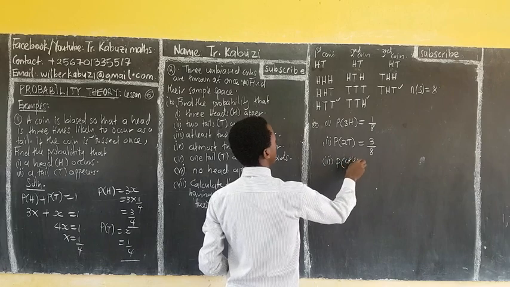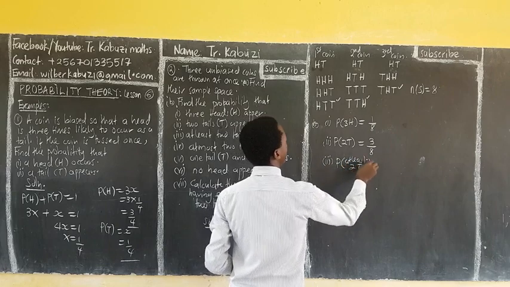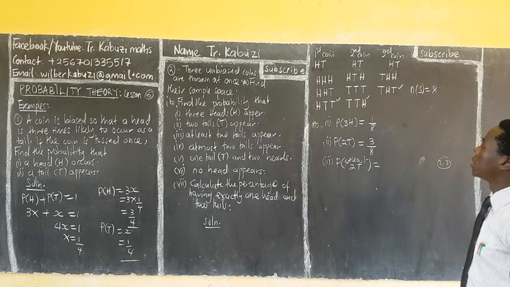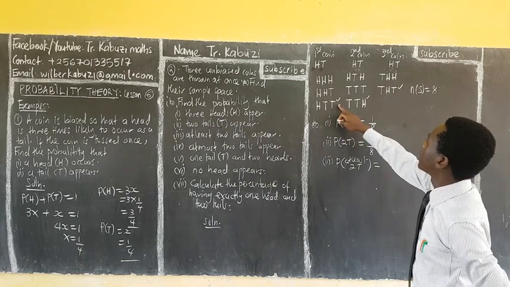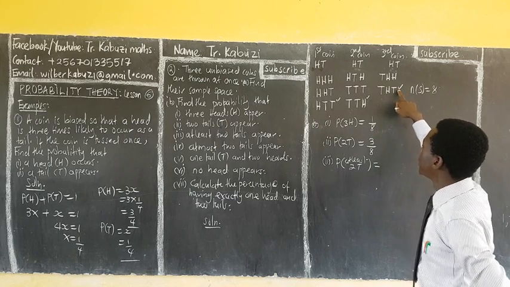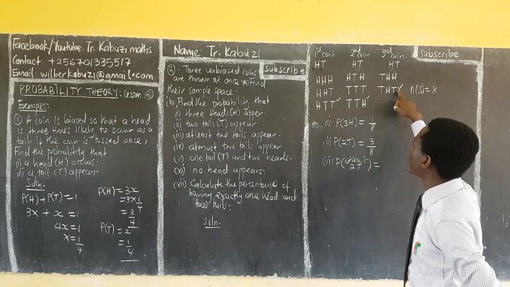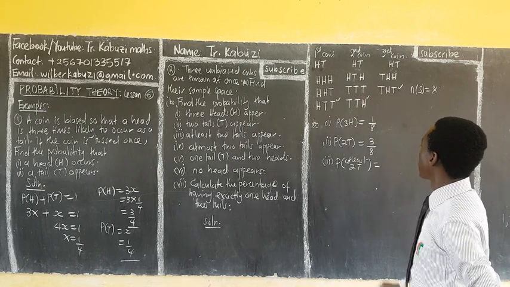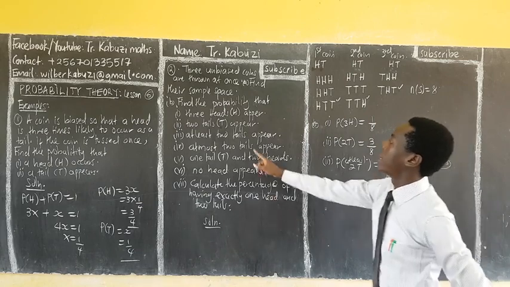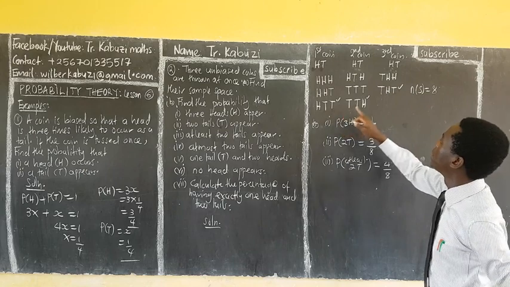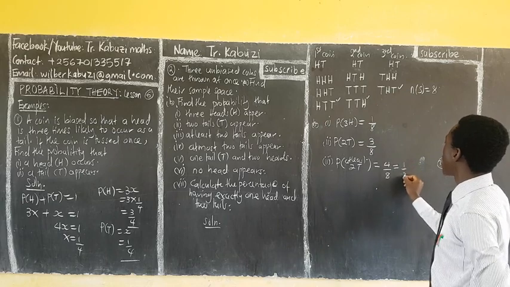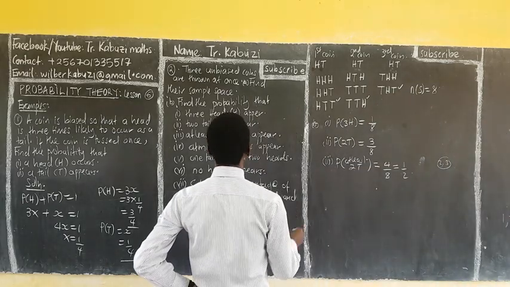Probability at least 2 tails. We said at least 2, it means from 2 up to 3. So you have, this is 1, 2, 3. Those are the ones where you have 2 tails. At least 2, so 2 and 3. Then also have this one. So they are 4 out of 8. Say at least 2 tails. We have 2, 2, 2, then also 3. So which is going to give you a half. Then remainder of 4,